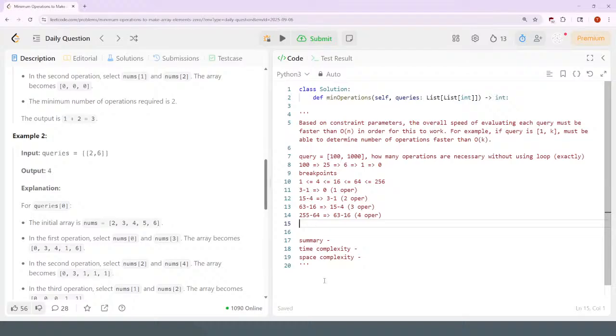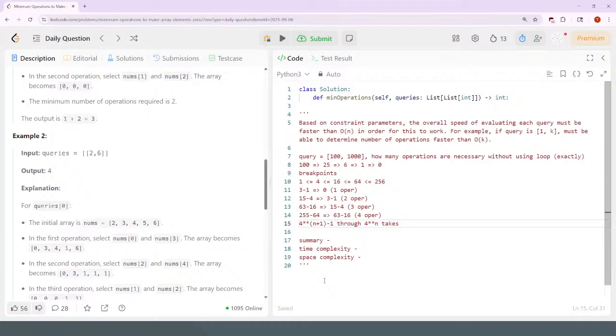So if it's, let's say, 4 to the power of n minus 1 through 4 to the power of n plus 1 minus 1. 4 to the power of n plus 1 subtracted by 1 through 4 to the power of n